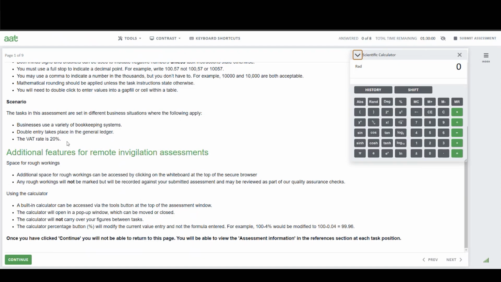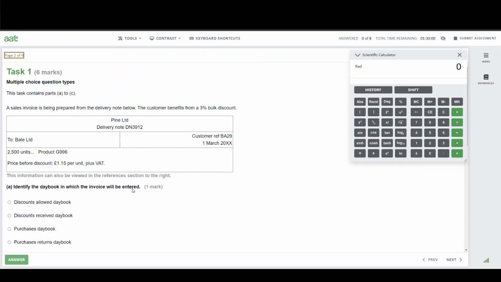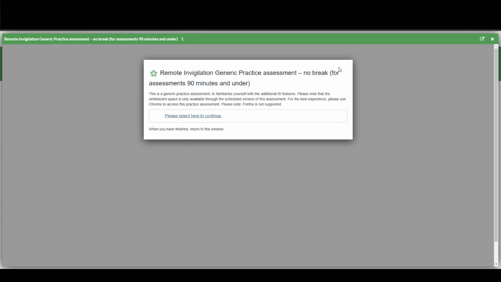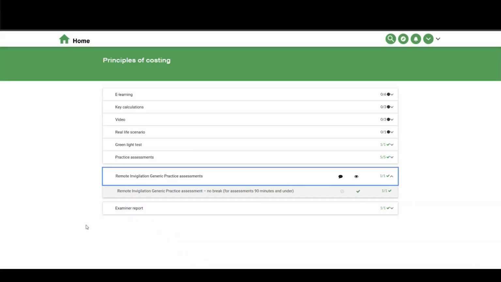So really, the rest of this assessment isn't particularly useful for us for principles of costing. As I said, it's generic. I think it's one of the bookkeeping units that it's assessing here. So you don't need to actually do the assessment. It's just so you can become familiar with the environment. So we're going to just close that down now, come out of that, and go into the practice assessments for